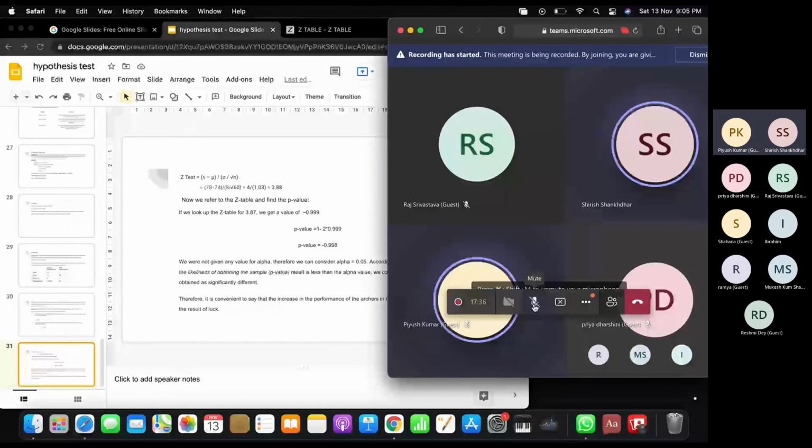Only this 2 into p-value will not be applicable here, because of the way there are different ways in which we can read the normal table. So in the next class we will cover the different ways and different types of normal tables. Depending on that, the answer will be not minus 0.998, it will be 0.001 in this case. So I hope when I initially calculated, I got it correct. The 0.001, yeah, so that only is correct here.